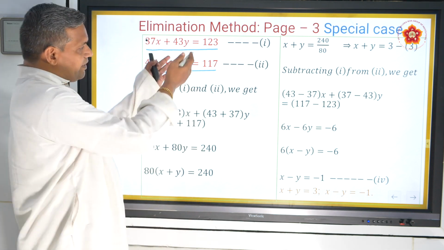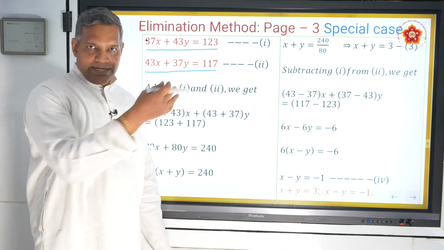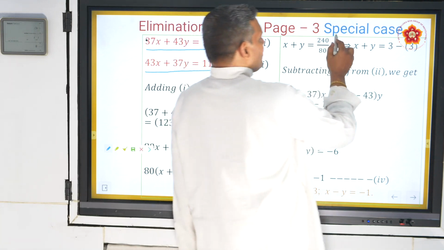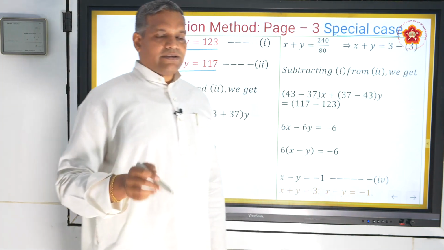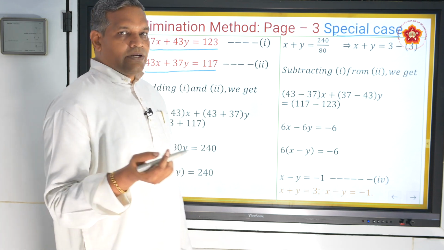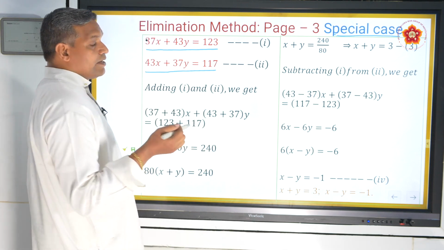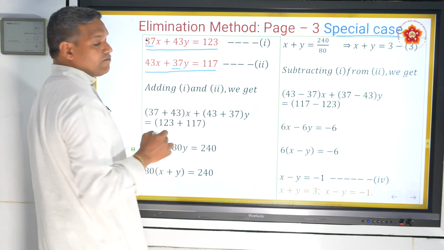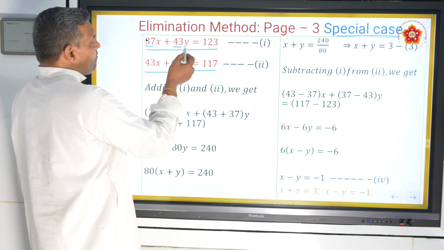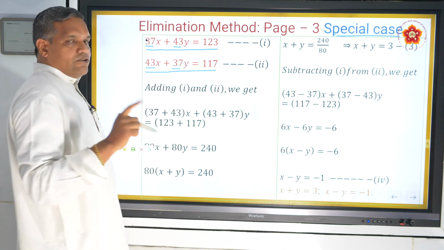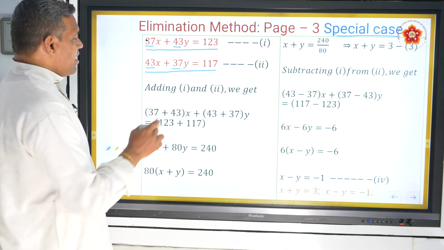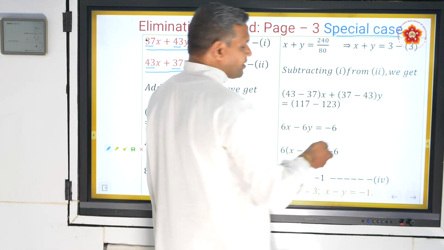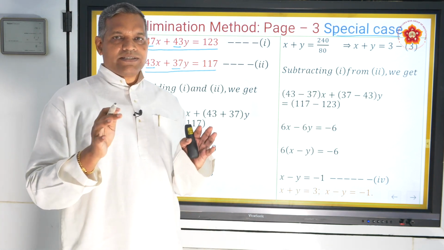But there is a way to make that complicated set of equations very simple. Let's take the technique. This is a special technique, a special case. It's always there in CBSE, but I'm giving it for you so that you can also deal with this case. Whenever you see this pattern, what is this pattern? The 37 x coefficient and 37 y coefficient are interchanging, and the 43 y coefficient and 43 x coefficient are interchanging. Use this technique always. How to use it? Adding equation number 1 and 2, you get one thing. Subtracting equation number 1 and 2, you get another thing. At the end, what you get are very simple equations.